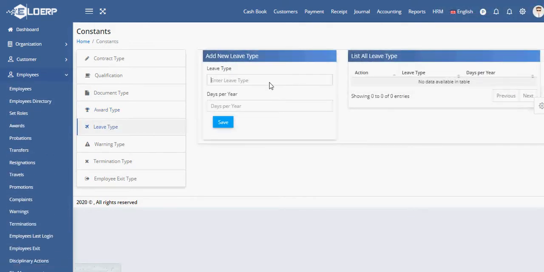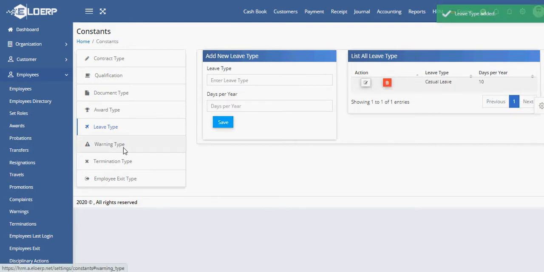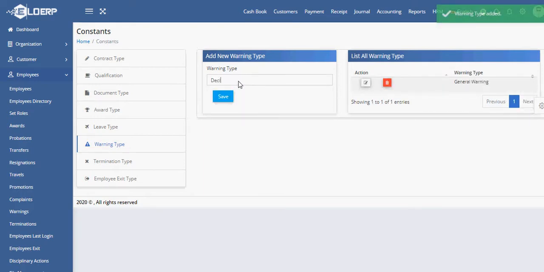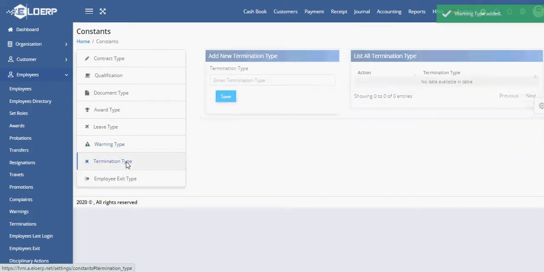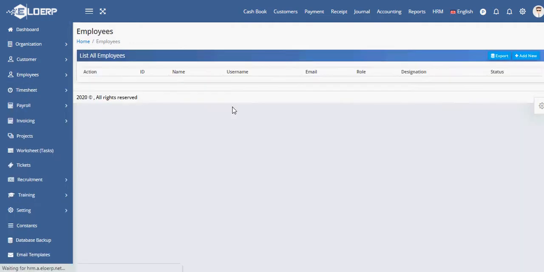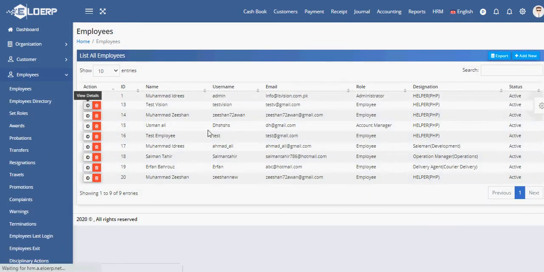Leave types, warning types, termination types, employee exit type. These are all the things which are being used in employee profile here.